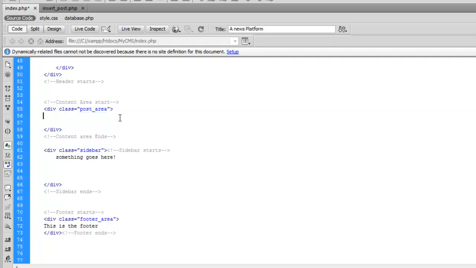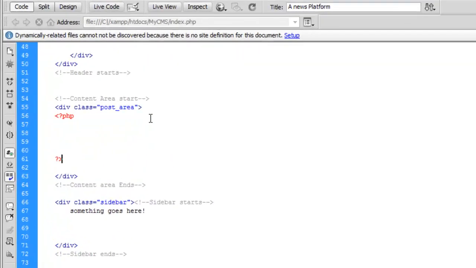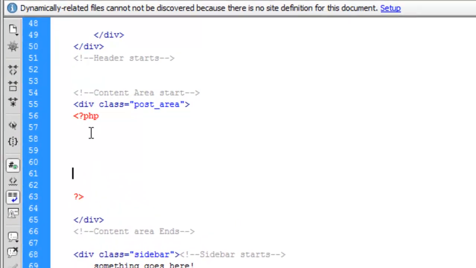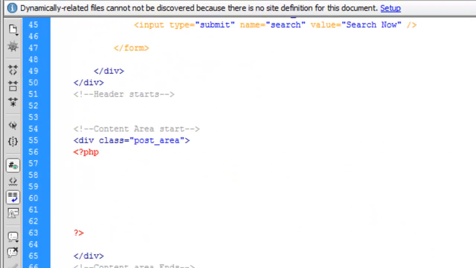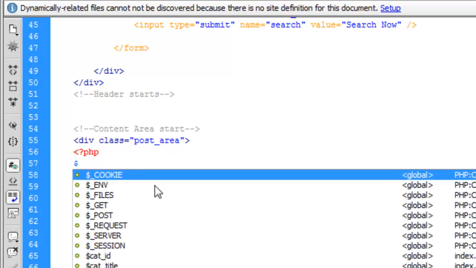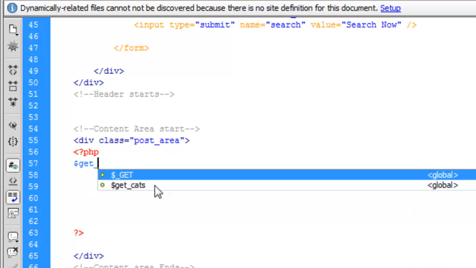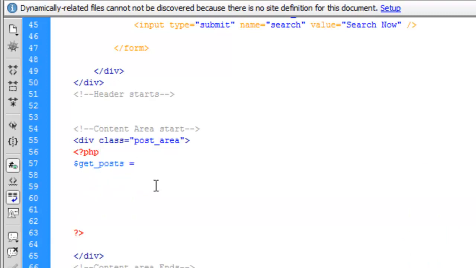Let's start just without wasting time. Let's start with PHP. Just write your PHP block, make some space, and now you need to make sure if there is database included, then it's okay. You don't need to include it again on the same page because it's been included once. Now just write something like: create a local variable get_posts. Get_posts will be equal to, and you will write an SQL query, for example select